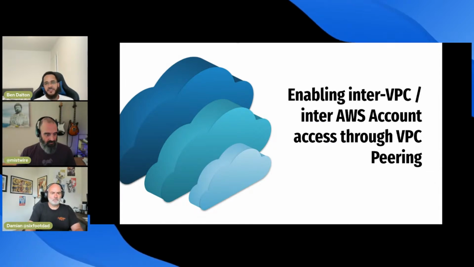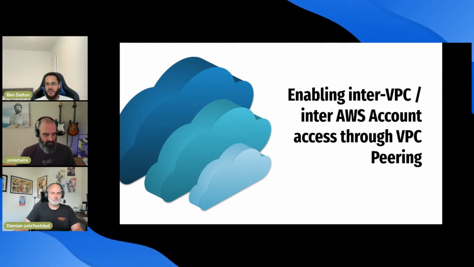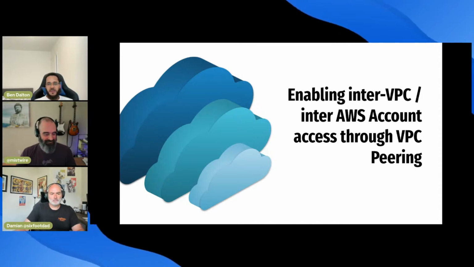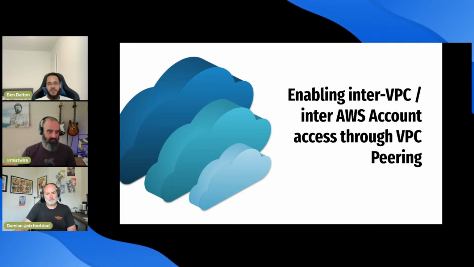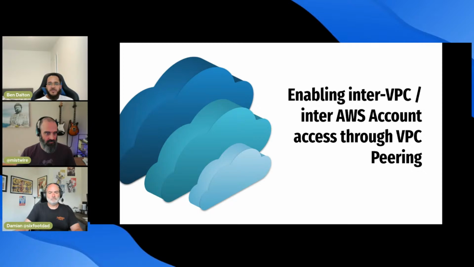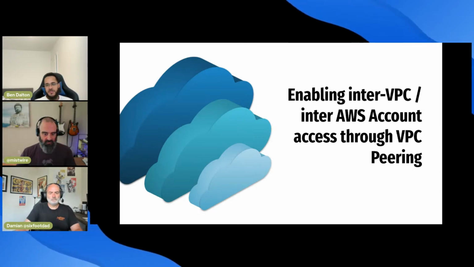So my question, and some of you already may have experienced this issue, but have you ever needed to access some data or resources in AWS, but you were unable to because it existed in another AWS account or VPC? Well, today I will talk you through how you can save time, effort, and money whilst remaining secure in creating a connection that will allow you to access the data and communicate with resources that live outside of your VPC or AWS account. And by the end of this presentation, you'll have a high-level overview on how you can route traffic between VPCs and enable that cross-network resource access and data sharing.